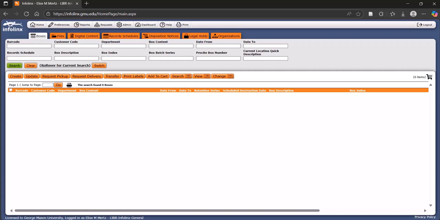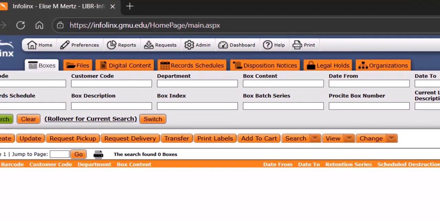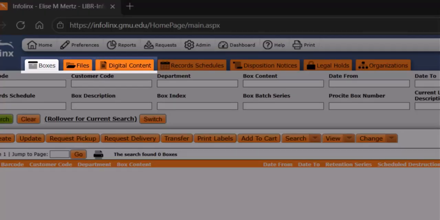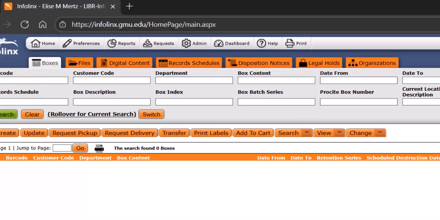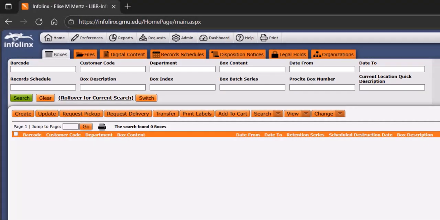While on the home page, you can see two more rows of menu items. The first row of items all relates to different types of records and information available in Infolinx. This menu row has options for boxes, files, digital content, records schedules, disposition notices, legal holds, and organizations. Below this menu bar is a series of search fields. Selecting one of these tabs will load search fields which you can use to search for the selected records or